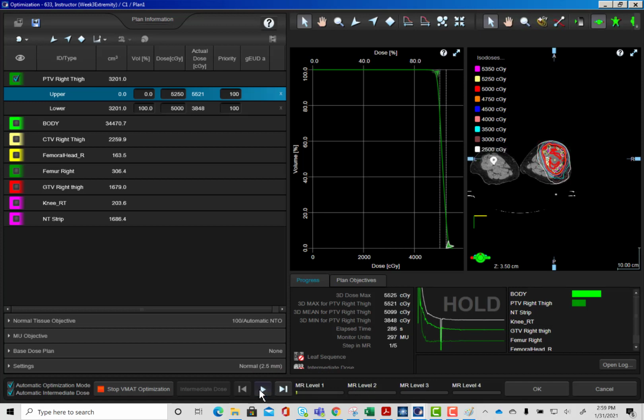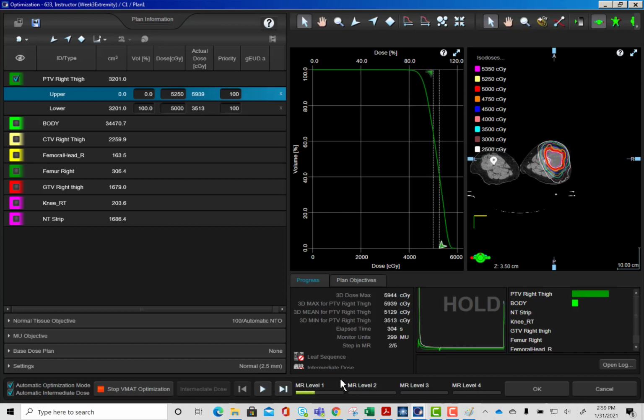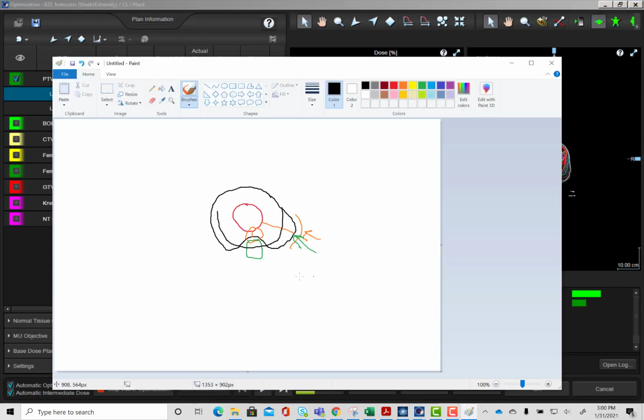Now these levels. I'm not going to get too into exactly how the algorithm's working from level to level, but just in basic terms, there are 4 levels you can see here. Each level has a different number of steps. I think the first level is 5, levels 2 and 3 have 2 steps, and then level 4 just has 1 step. What's happening from level to level is you can think of them as resolution levels. Level 1 is a really coarse resolution, and it moves to a really fine resolution. And what I mean by resolution